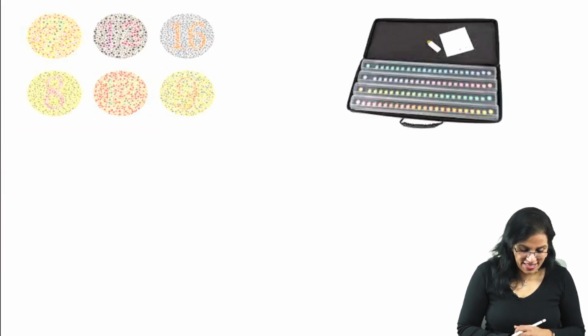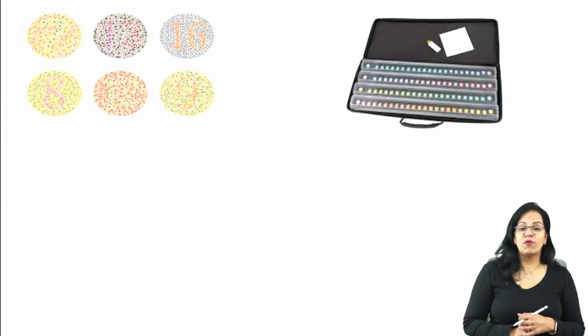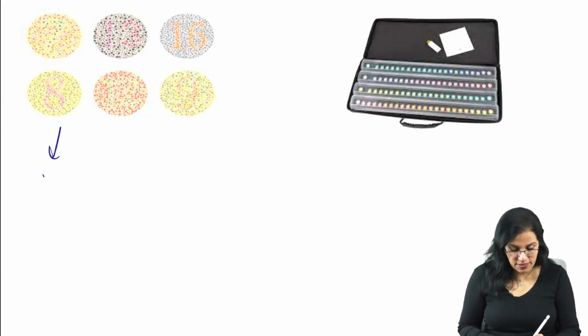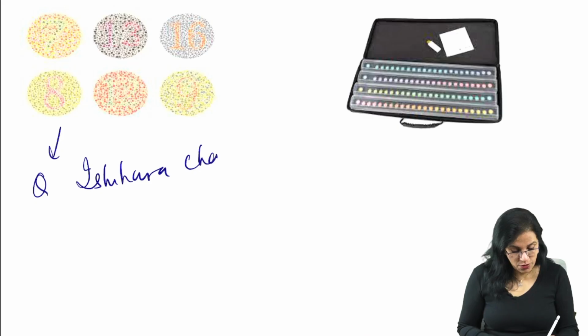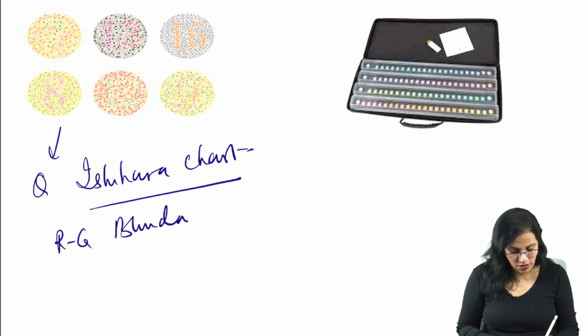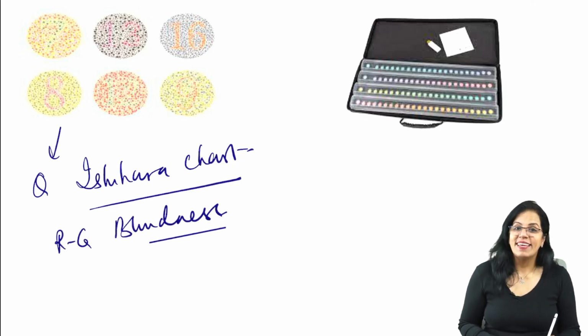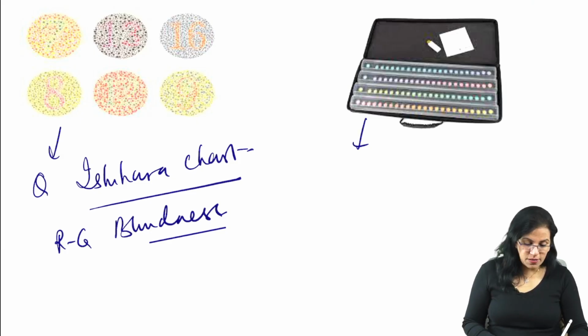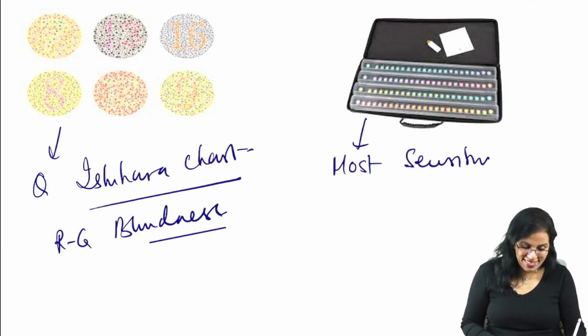Okay. Yes, we come to this one. I hope you all know this. This has been asked so many times. This is the Ishihara chart. The Ishihara chart is mainly used for screening of color blindness. It mainly catches red and green blindness. It is very common in OPD procedure. But the most sensitive test, which can catch all types of color blindness, just remember this, is called